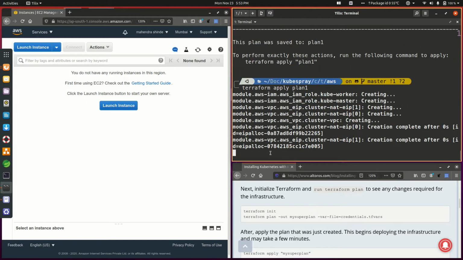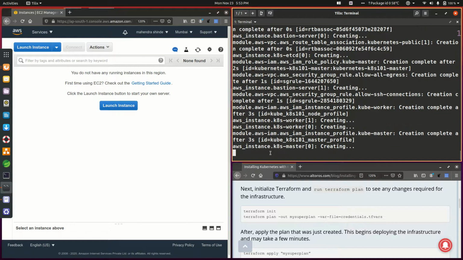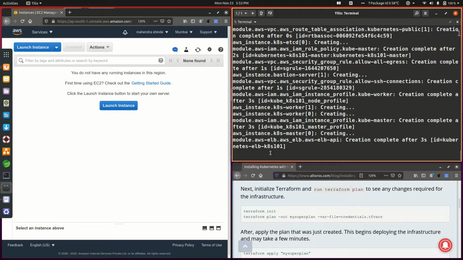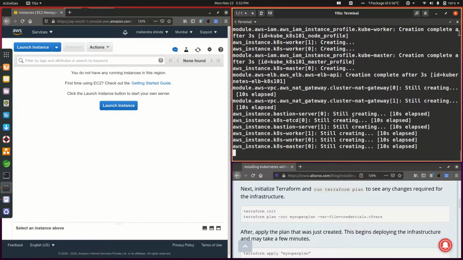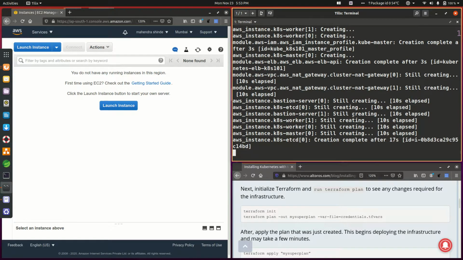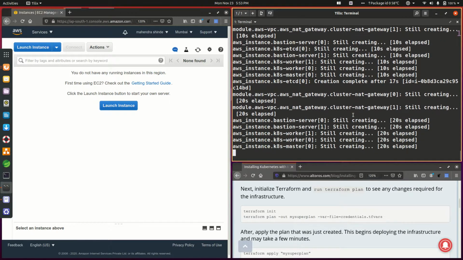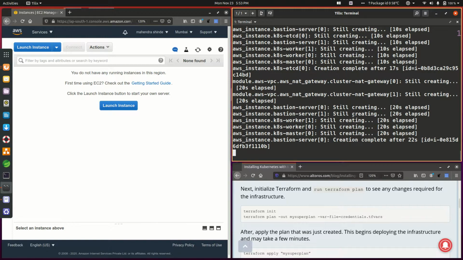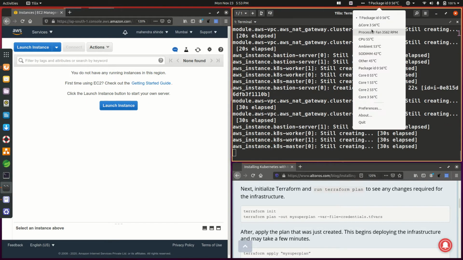It will now start provisioning all the required AWS resources in here. So resources are getting created. I'll just pause it for some time now.